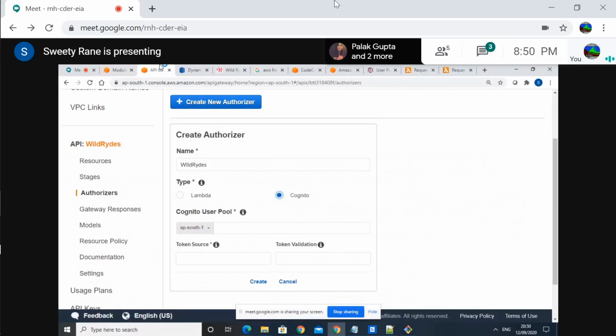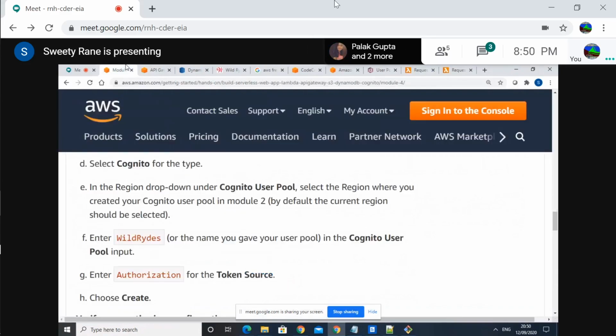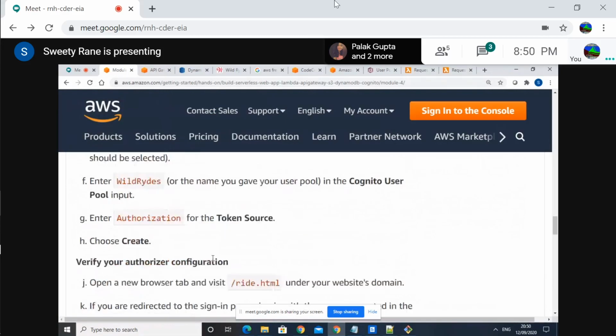That's the name we have given to our pool, no? Wild rides. See there, it's come up. That's a pool. Okay, what does it say about token source? Enter authorization. Okay, you need to type authorization then.